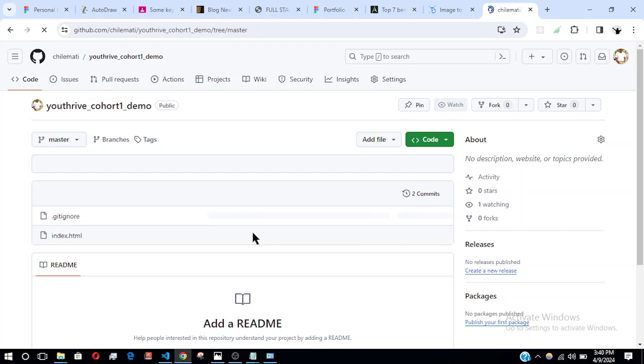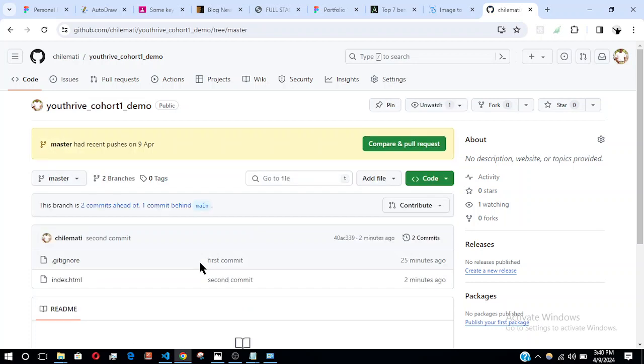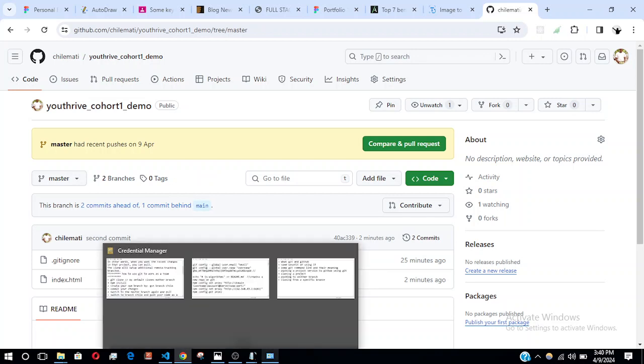So the next thing I want to show you is outlined. So I've showed you how to push to another branch. Okay, it has shown. So this is the first commit, and this is one commit. And if you open this file, you're going to see the new changes that we made. So next, I want to show you,